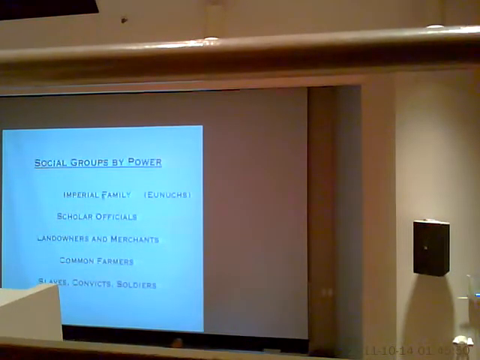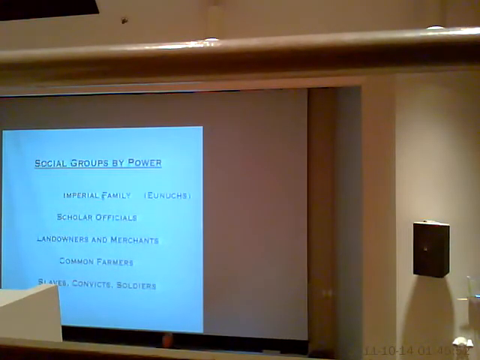And so we have a very limited, top-down view that we can build of the history of these times. So what I always like to point out is my own bias. Literary scholars or other sources of history offer other points of view. And poetry often comes not only from scholar officials, we have much poetry from scholar officials, but also poetry that at least purports to speak from the point of view of common farmers, even soldiers. I'm not sure there is much poetry by convicts and slaves, although they do share characters and stories sometimes.